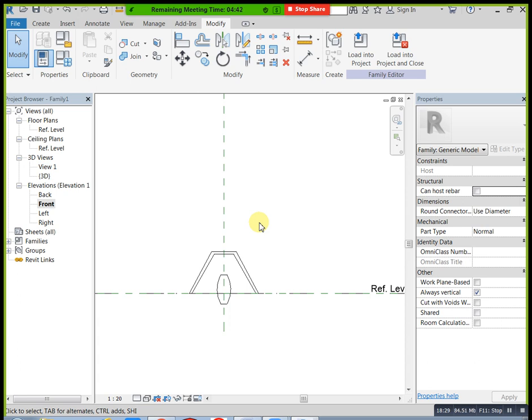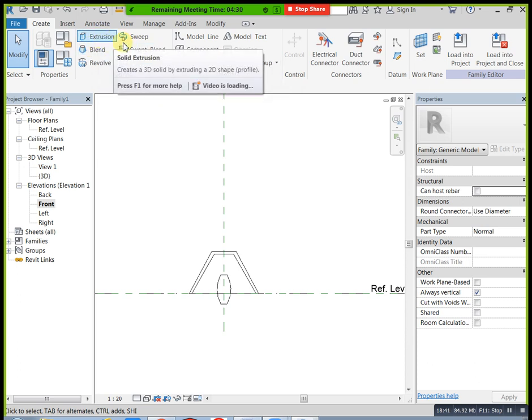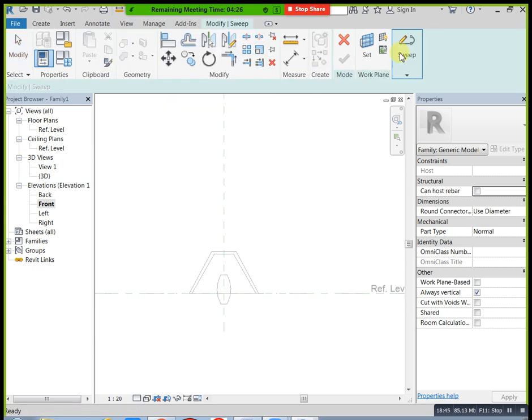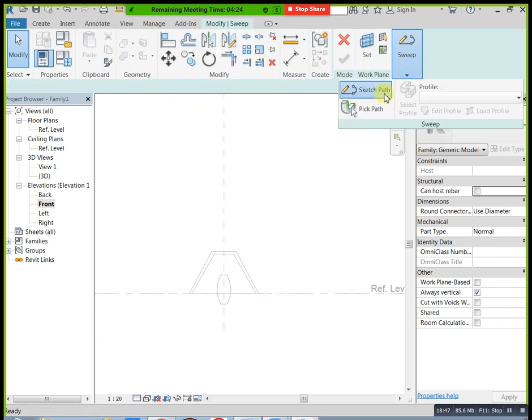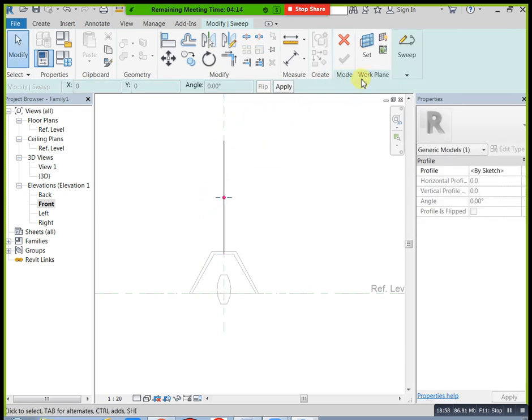Free handle light means we need one support. How can we give our support? By using extrusion we can mention our support, or otherwise you can use sweep. For example, I need to give direct support. This is the free handle type. I will give support from here. This is my support; you can mention your support like this. Now go here, select profile, edit profile, select the required position, draw the supporting circle.